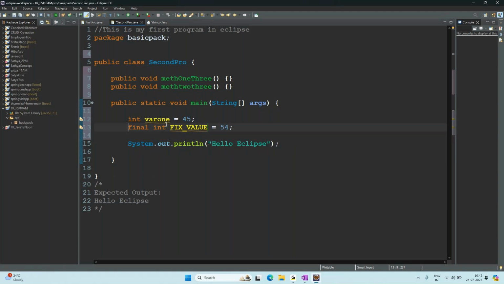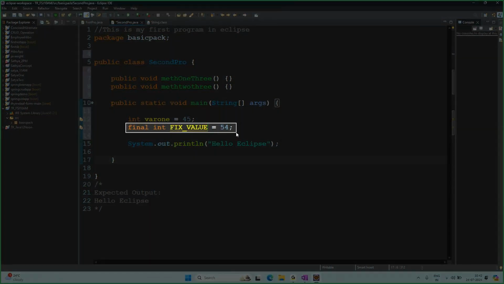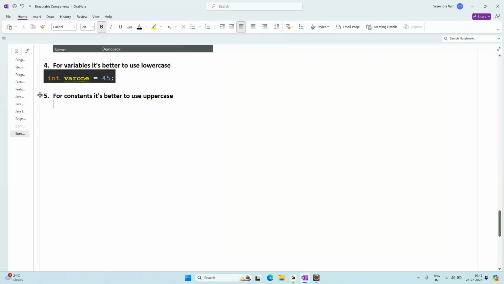Okay so final int fix value is equal to 54 గమనించారా సో దీన్ని మనం ఏమంటాము we call it as a constant సో ఫైనల్ అంటే ఫిక్స్డ్ అన్నమాట సో ఫైనల్ ఏంటి దాని కథ ఏంటి అదంతా మనం తర్వాత నేర్చుకుంటాం ప్రస్తుతం జస్ట్ అండర్స్టాండ్ దట్